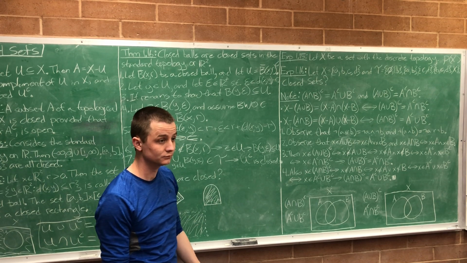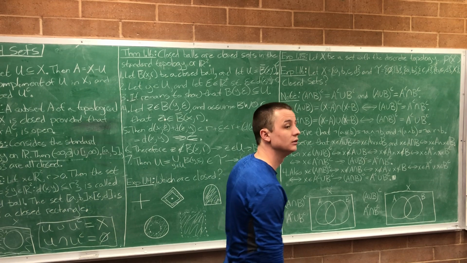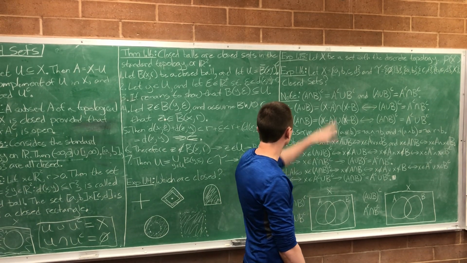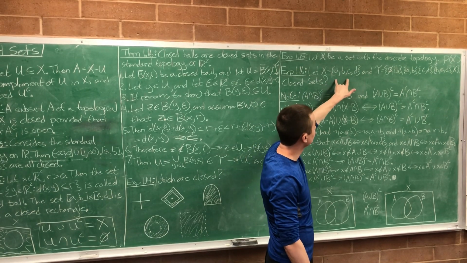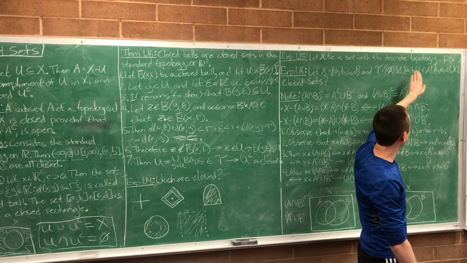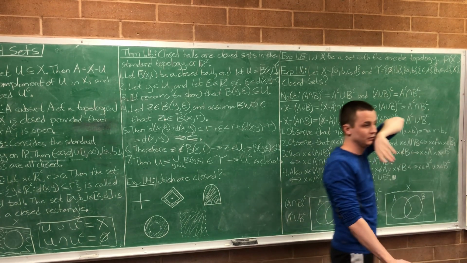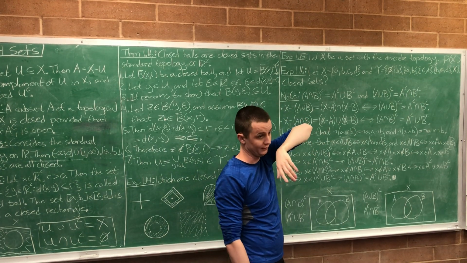Make sense? Yep. Alright, let's do a more discrete example to make sure we're getting this intuition. So let X be the set A, B, C, D. Here's the topology we're going to give it: the empty set, the set containing B, the set containing AB, the set containing CD, the set containing BCD, and X. First off, is this a topology?